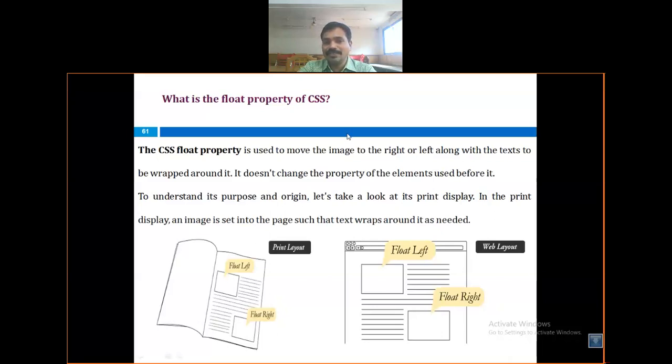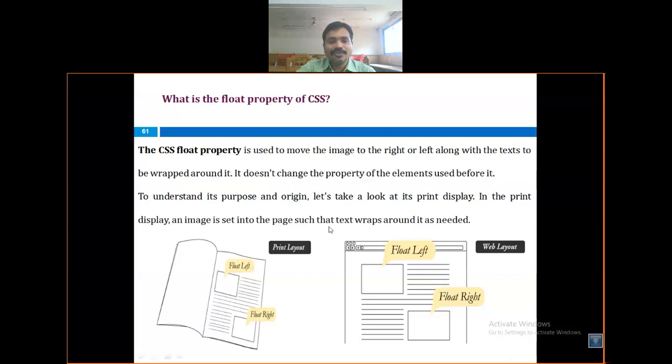The CSS float property is used to move the image to the right or left, along with the text wrapped around it. It does not change the properties of the elements used before it. To understand its purpose, let's take a look. It is a print display: the image is set on a page such that the text wraps around it as needed.